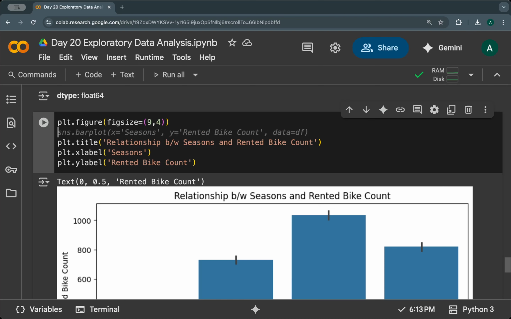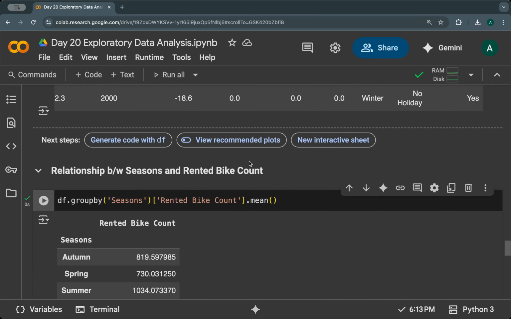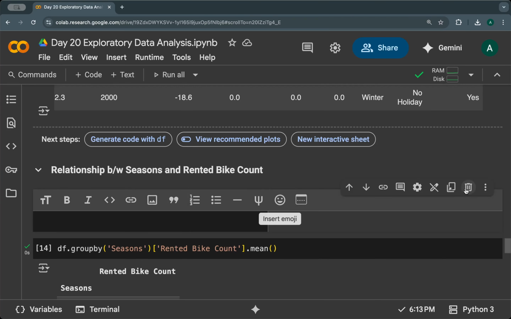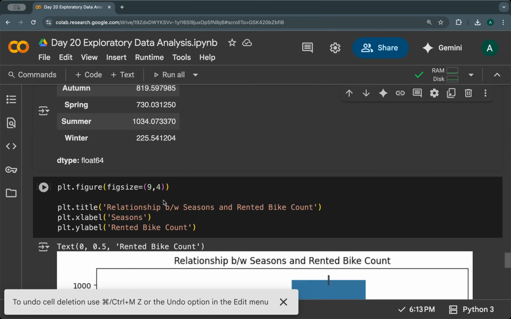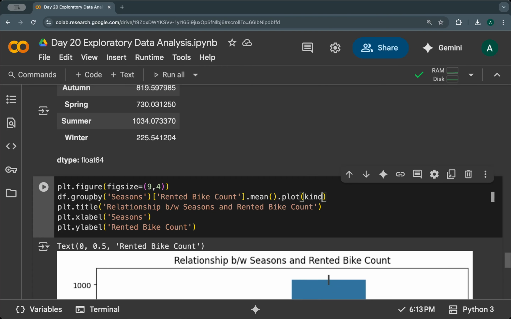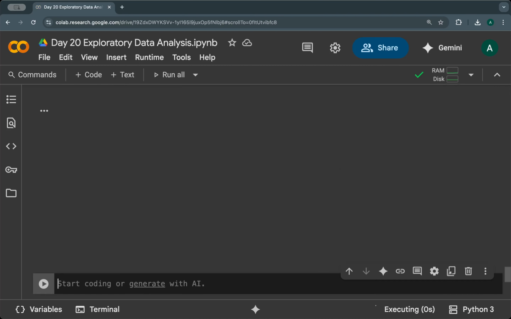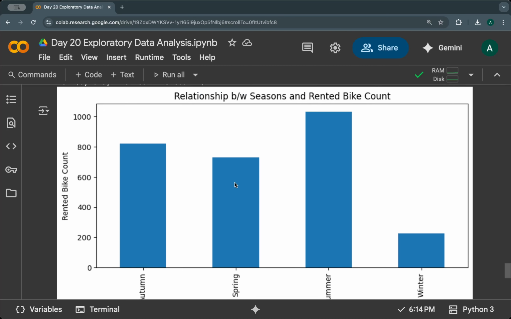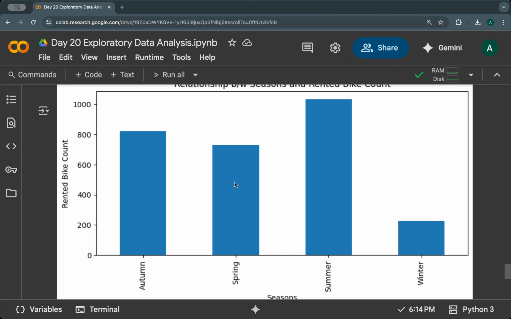Now, instead of this Seaborn plot, I want to create a Matplotlib plot. I want to create a plot using Matplotlib. So .plot with kind equal to bar. See, so yes, you can create a plot using Seaborn or Matplotlib. Both will be fine. And here, because I want a different color for each bar,